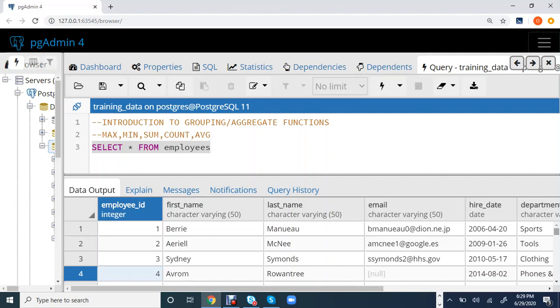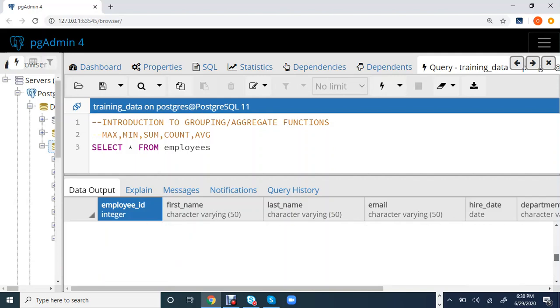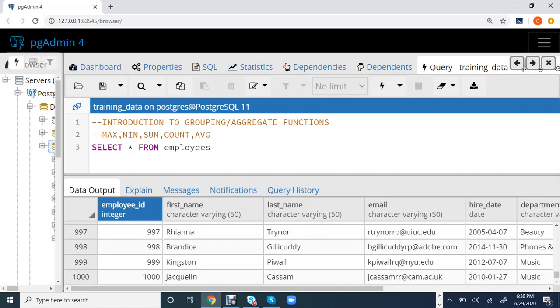If you need to count something, say you want to know the number of records, or maybe the number of males, or the number of females, or the number of departments and stuff like that, what can you do? So the first one we're going to be looking at is the count function. If I don't want to start reading from one up to the last record that says 1000, what I can do is to say select